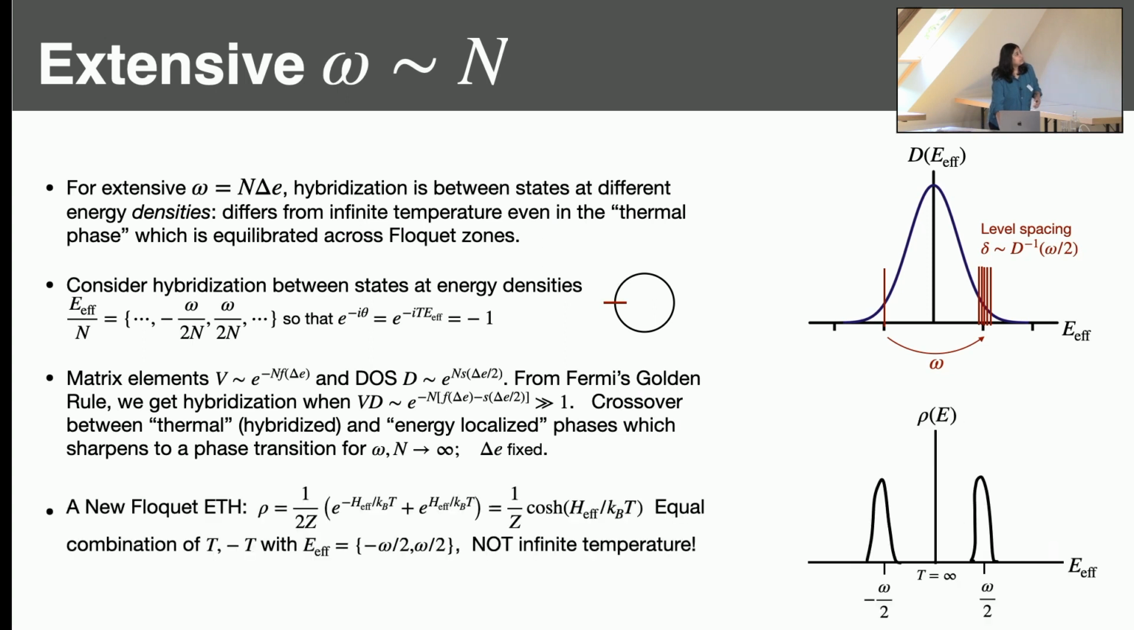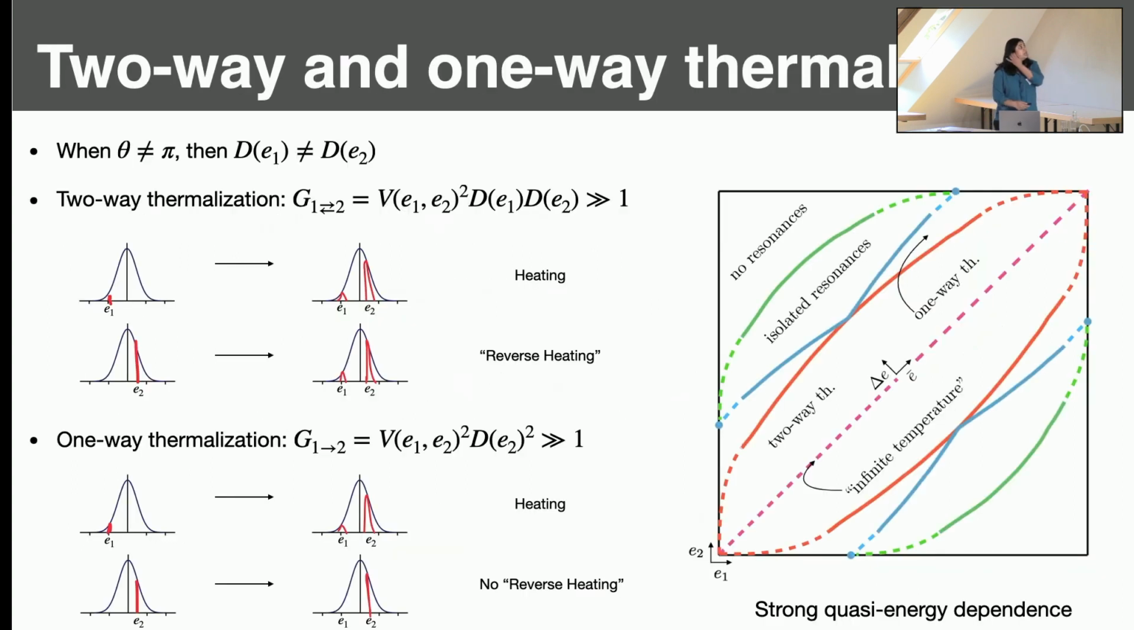So this gives us a new type of Floquet ETH that we should be considering, which is this equal population of states at temperatures T and minus T corresponding to energies at minus omega over 2 and omega over 2, but this is not infinite temperature, okay? Because infinite temperature would be an average energy there, but these are at temperatures plus T and minus T, which are distinct from infinite temperature, okay? So that was